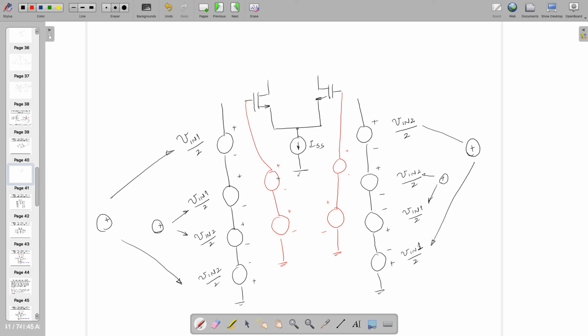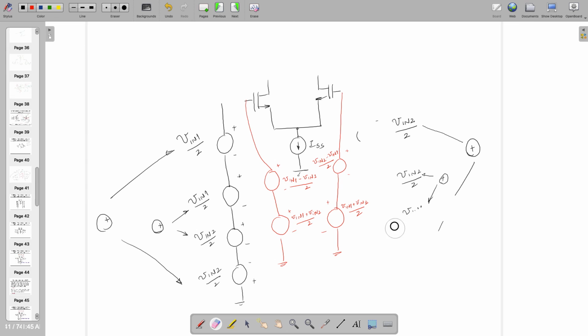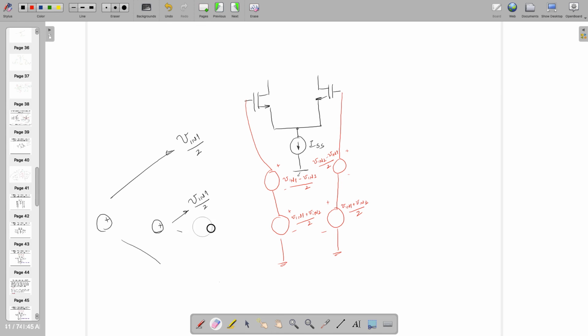Now in that case, this is V in 1 minus V in 2 divided by 2, and this one is V in 2 minus V in 1 divided by 2, and this one is V in 1 plus V in 2 divided by 2, and the same over here, V in 1 plus V in 2 divided by 2. So if this is the case, now we can remove this, and here you can redraw this,